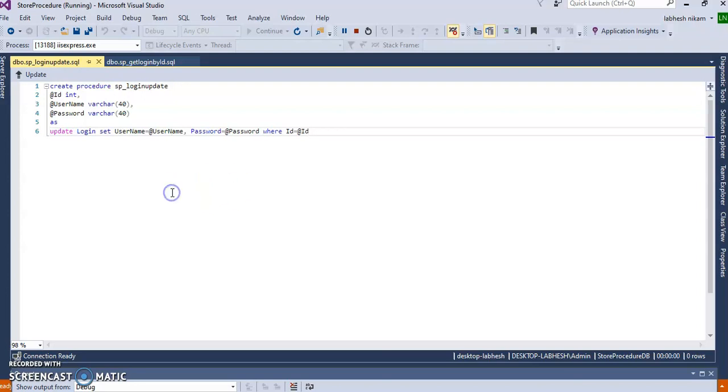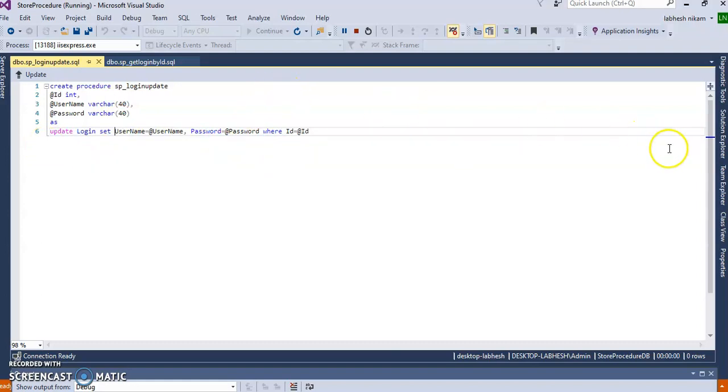In sp login update I have passed the parameters id, username and password. Id is for the particular row, and username and password are for updating the data. I have used the query: update login set username equal to @username, password equal to @password, where id equal to @id.